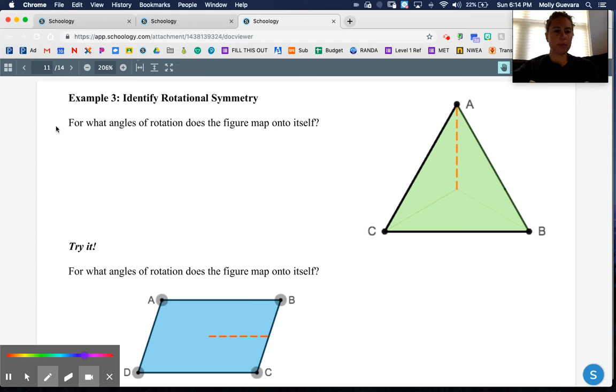Okay. Example 3 says, for what angles of rotation does the figure map onto itself, right? So this is a triangle. I can turn it 3 times, and every time it'll line up on itself, but I want to know how many degrees I have to turn it. So let's make a little note here that 3 turns